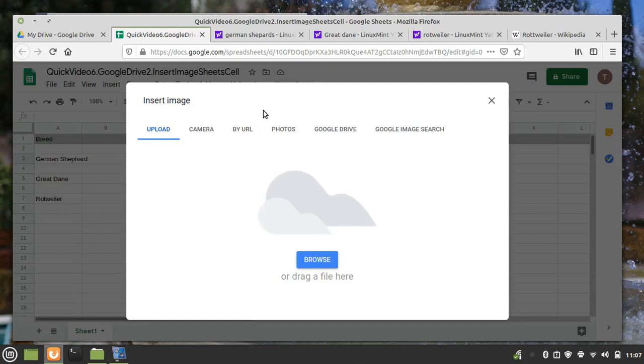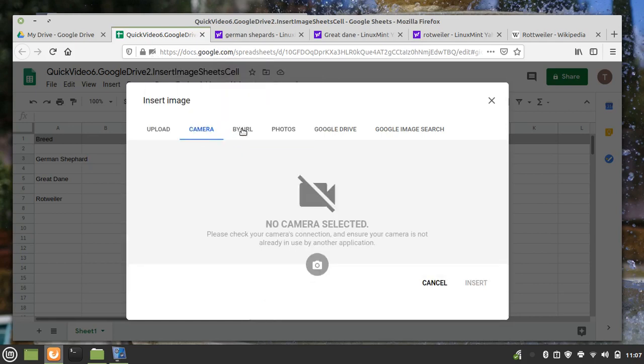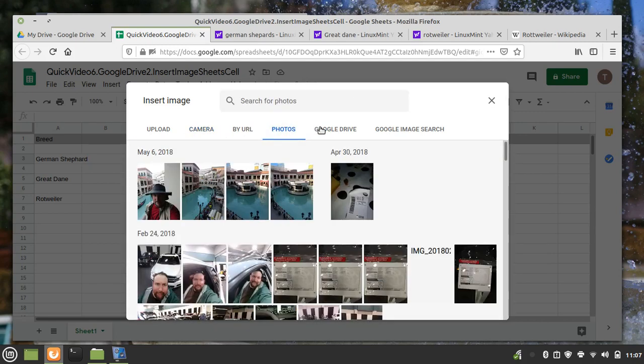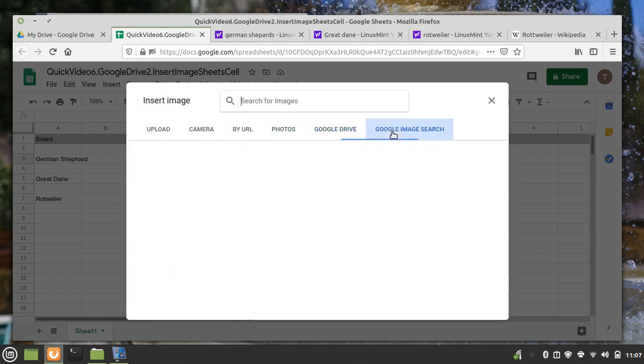And with Google Drive, this is a standard dialog that gives you several different choices from where to find images. You can either upload it from your computer's hard drive. You can choose your camera, but I'm not going to do that right now. By entering a certain URL, from Google Photos, specifically from Google Drive, or you can do a Google image search, and that's the one that we are going